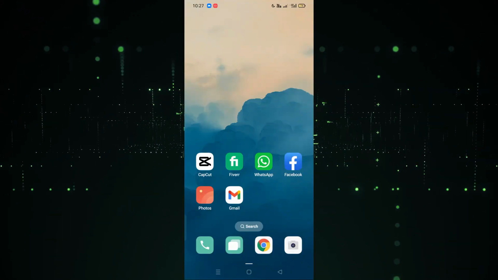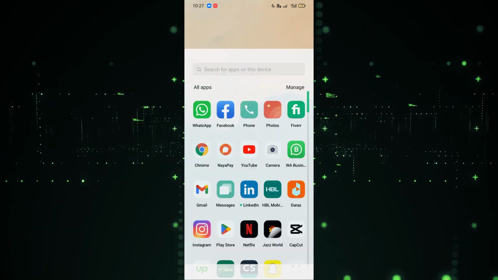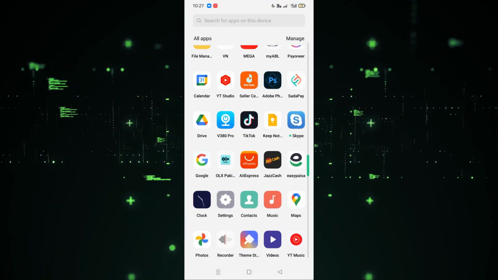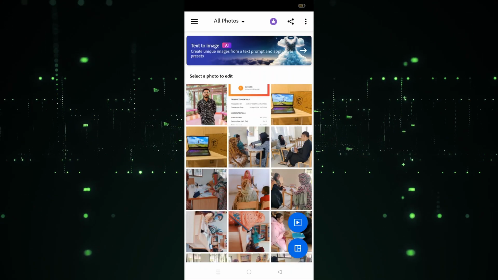Welcome back. So in this video I'm going to show you how you can apply the overlay in Photoshop. So let's start. First of all, what we have to do is go to the Photoshop app. So let's open this. We have to wait for a few seconds. Let's click on the no, and after that we have to choose the image, which image you want to